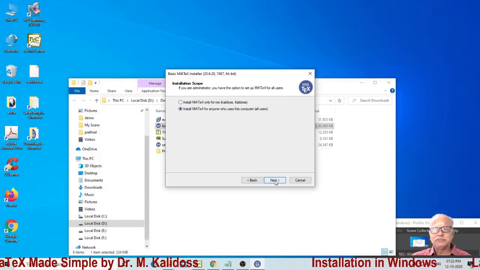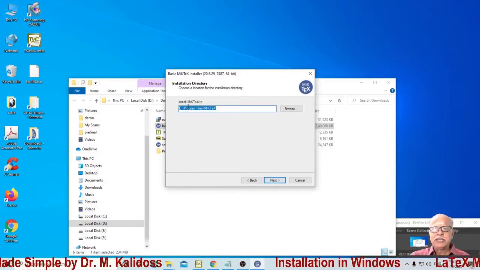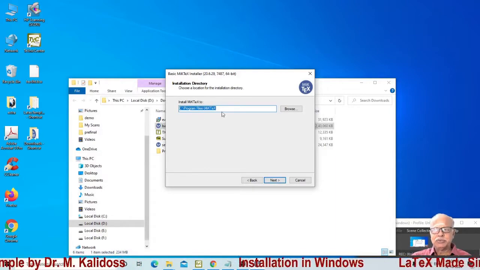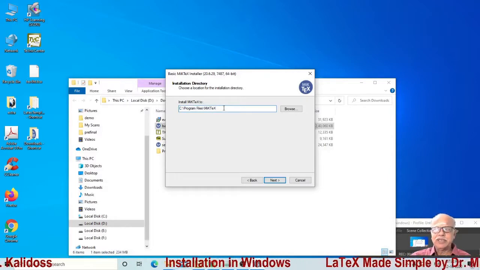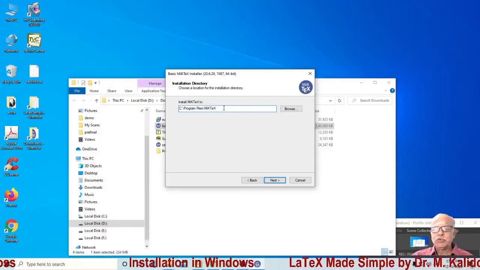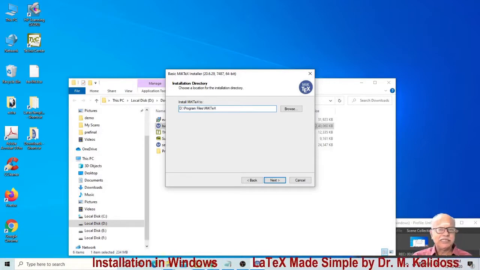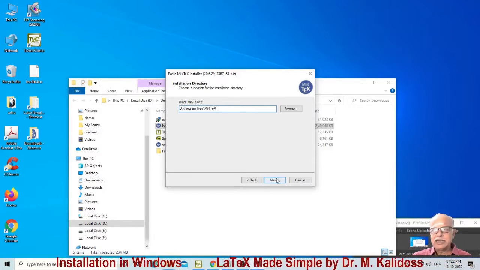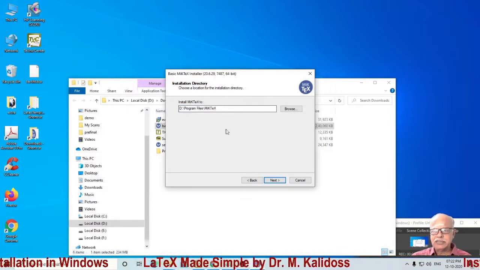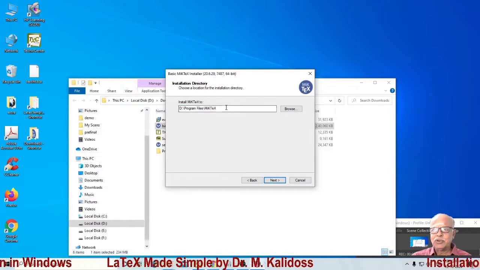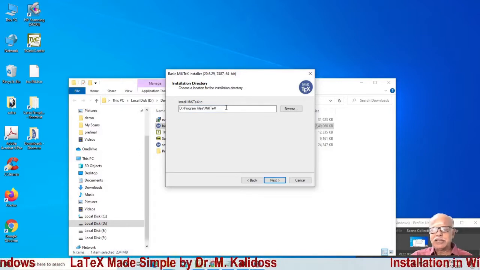Select the second option, click next. Install MiKTeX. It will suggest by default the C drive. I would say you go for a drive other than C and click next. I have already installed, therefore I will give some other drive.